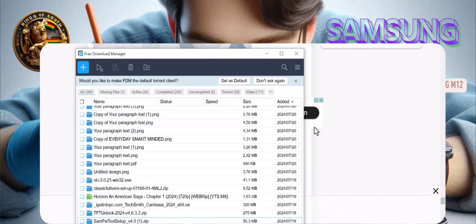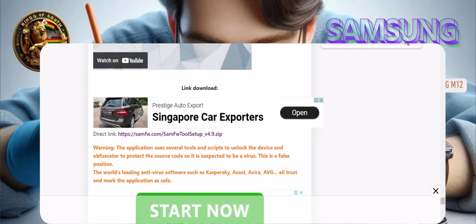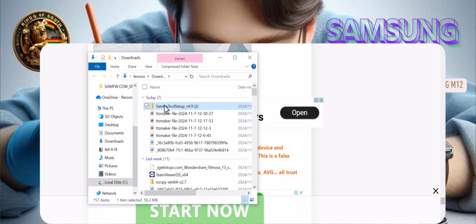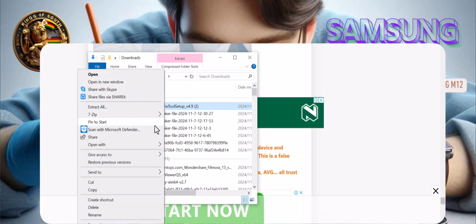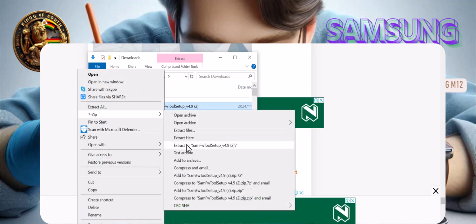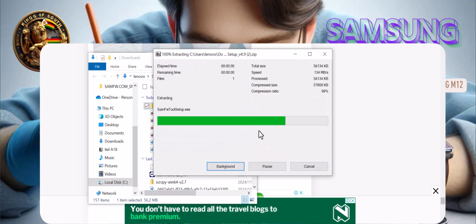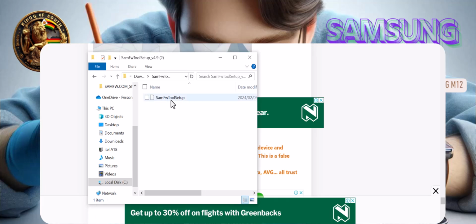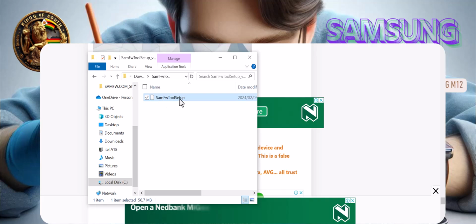So now I open it. That's the file there. I unzip it, extract. That's the one there, and then you run it for setup. So this tool